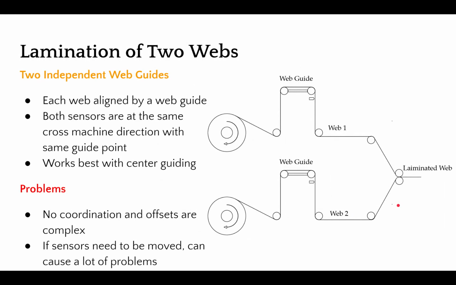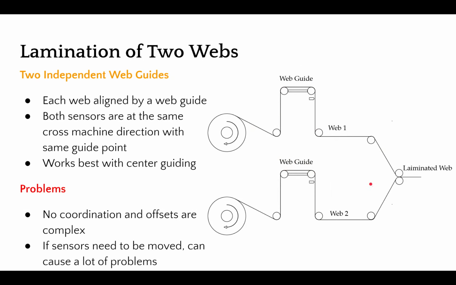So those are material related challenges in guiding. There are also challenges in terms of coordinating. So let's say you have two different layers of web that need to come here and they need to be laminated. And this lamination process, the simplest way is to have two standalone web guides that are guiding the